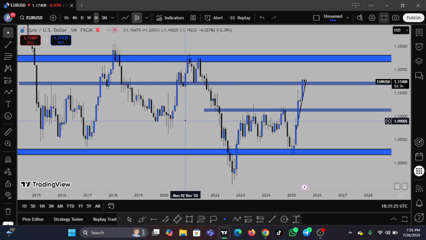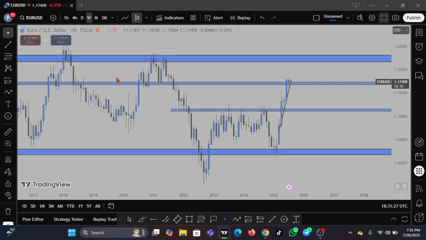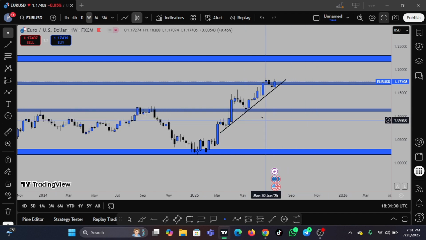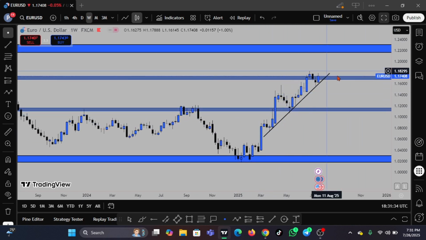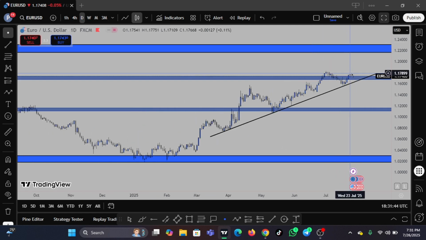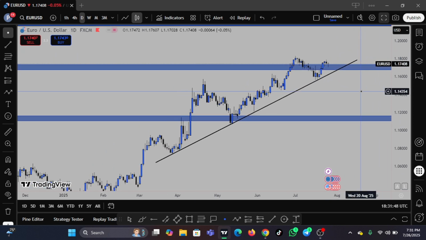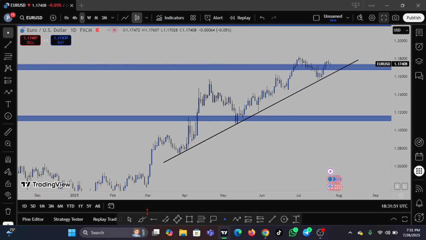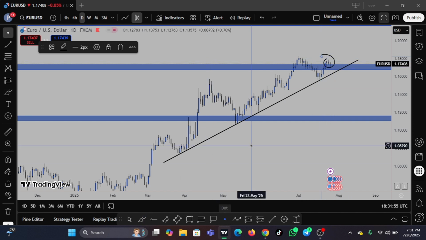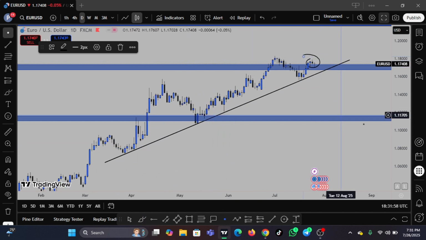Price is struggling at this resistance point. On the weekly, we have this trend line that is holding up price. So this trend that we have on the weekly chart is still very bullish. There's no sign of sellers yet in the market. But when we narrow it down to the day chart, we are seeing some slow movements right from this point. Let me mark here. Right from this point, there is a kind of slow movement of price.